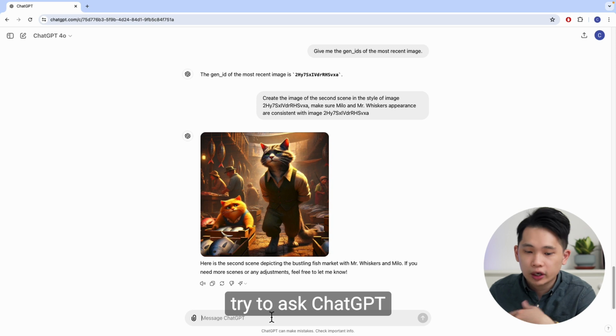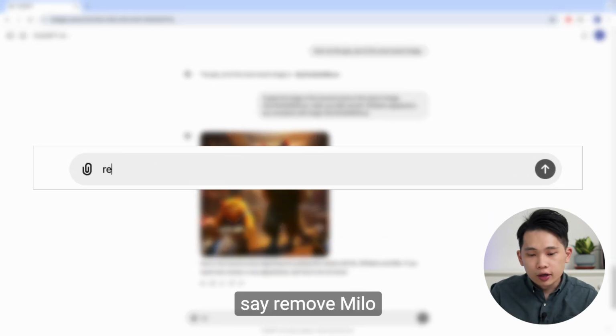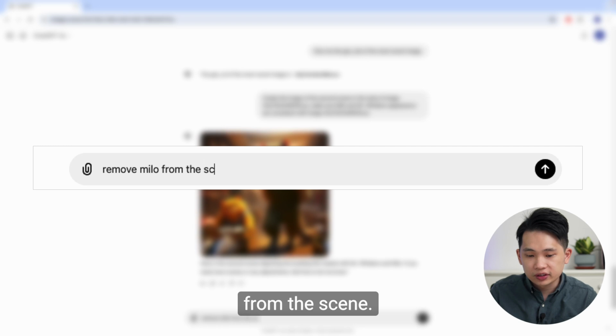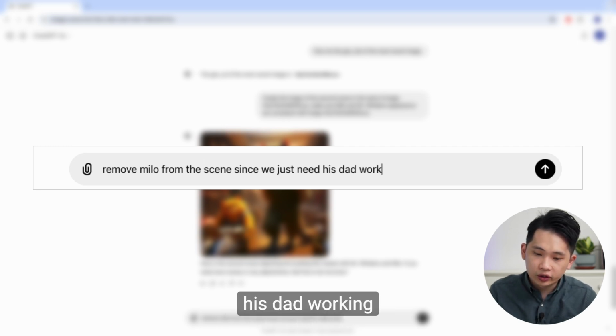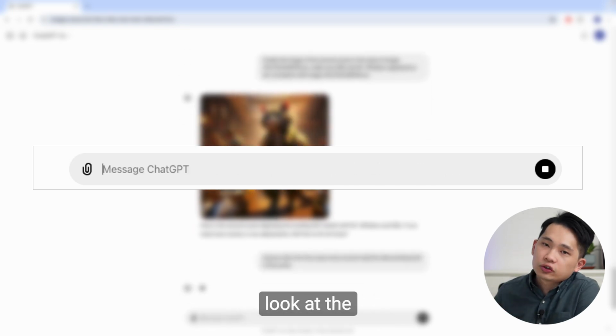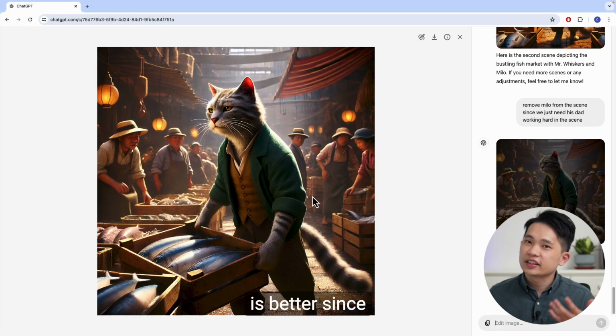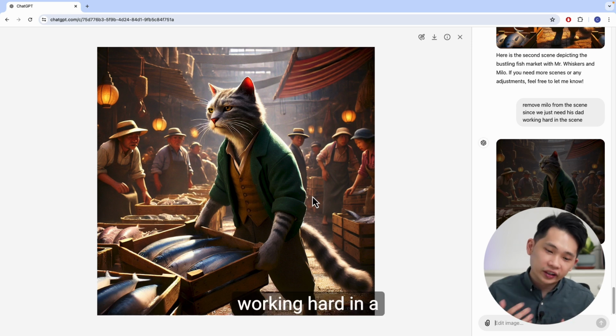So let me just try to ask ChatGPT to regenerate the image here. Let me just say, remove Milo from the scene since we just need his dad working hard in the scene. And let me just click enter here and let's look at the output here. Okay, this scene is better since this scene only shows his dad here, which is working hard in a fish